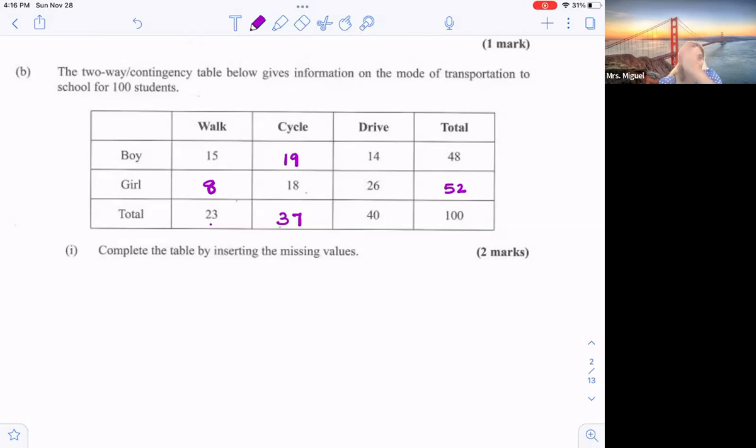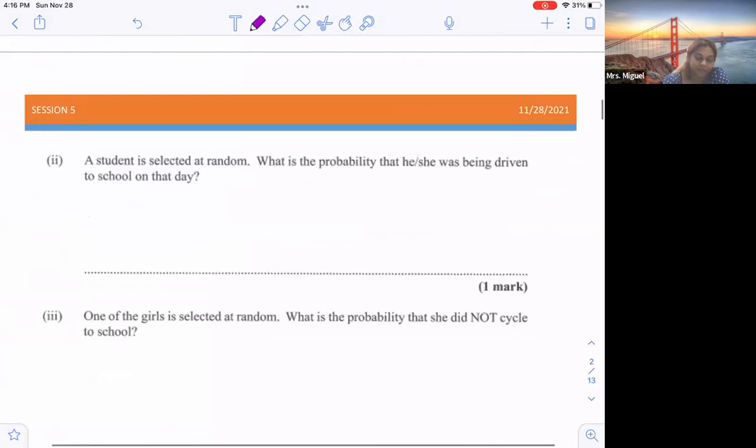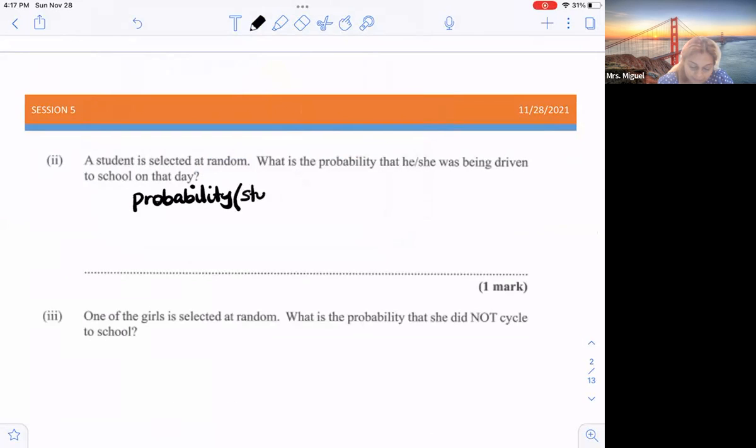So they like to bring statistics and they like to bring probability. So let's go. A student is selected at random. What is the probability that he or she, so either boy or girl, was being driven to school? So the probability, and you need to write it down, the probability of a student being driven to school